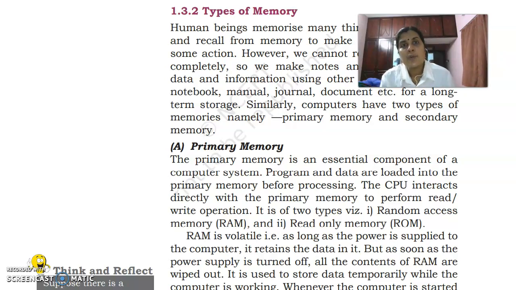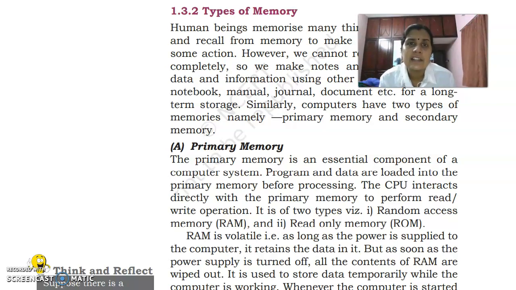We all know CPU directly interacts with the memory. In that figure, we find that CPU directly interacts with which memory? It is primary memory. For what purpose? To read or write operation. CPU is used for processing. So for processing, some data is needed from the memory and some data are given to the memory. This takes place by the interaction between CPU and primary memory.